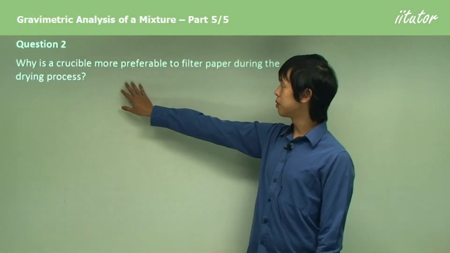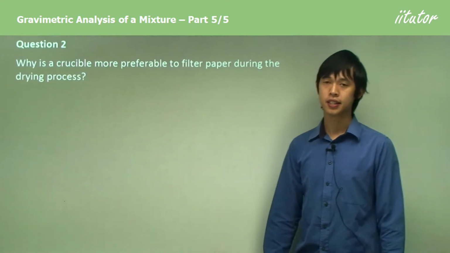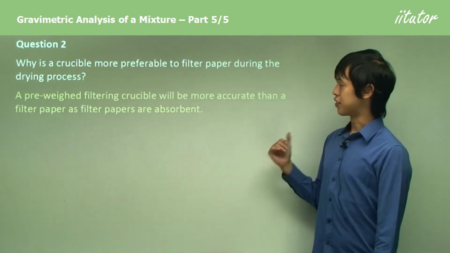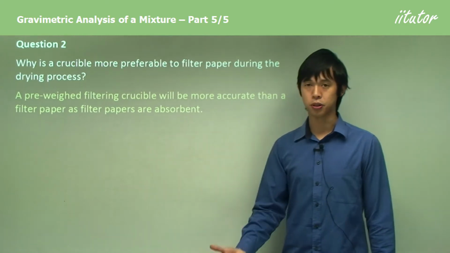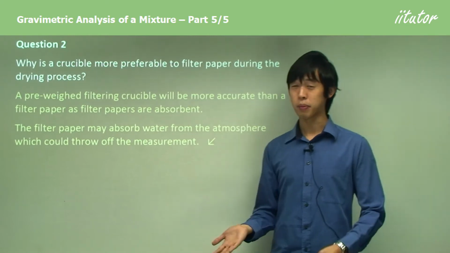So why is the crucible more preferable to filter paper during the drying process? So I mentioned this. The filtering crucible is not absorbent, okay? So this is basically what this says. Filter papers are absorbent. Absorbent meaning they absorb water in this case. So because the filter paper may absorb some water,